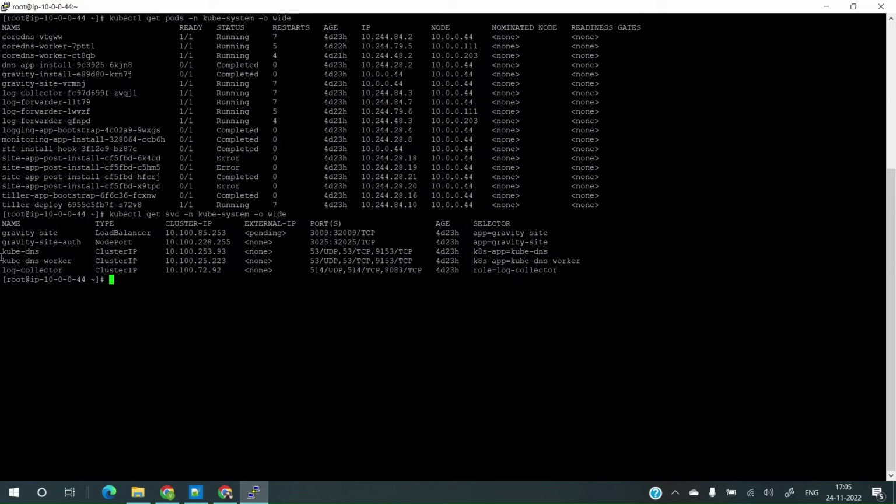So both of the services are created out of a config map, and its name is core DNS. So let me run the command kubectl get cm, which stands for config map, namespace is kube-system, and the name of the config map is core DNS. Export as YAML. Let me export this,